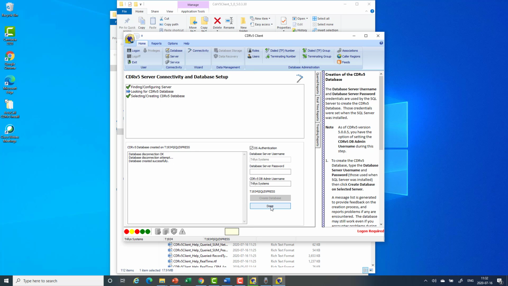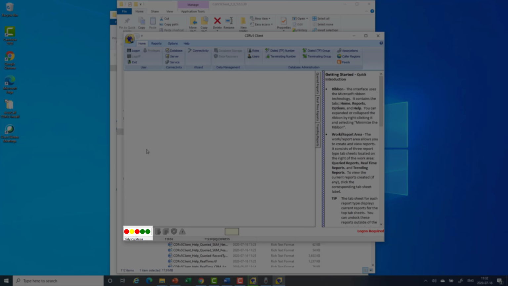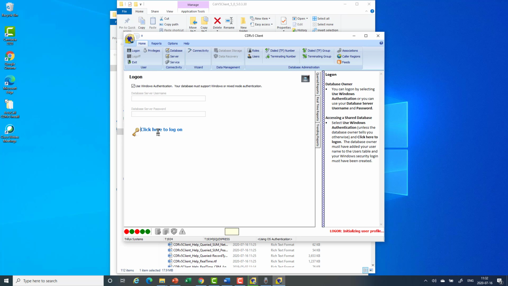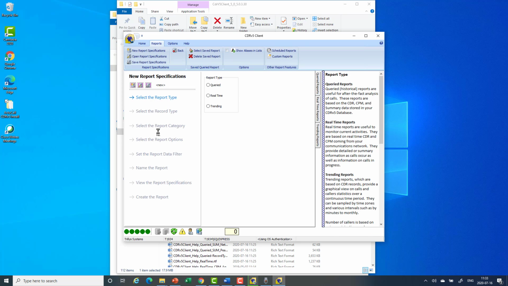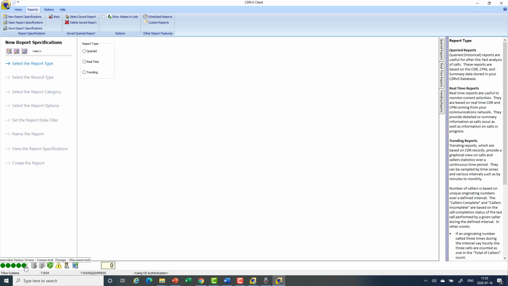And we click Done and Finish. Now we notice the indicators aren't all green yet. All we have to do is log on. Click on Log On, click there where it says to log on, and now all the indicators at the bottom left are green. You've successfully installed